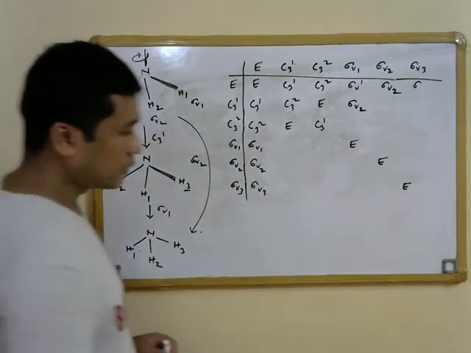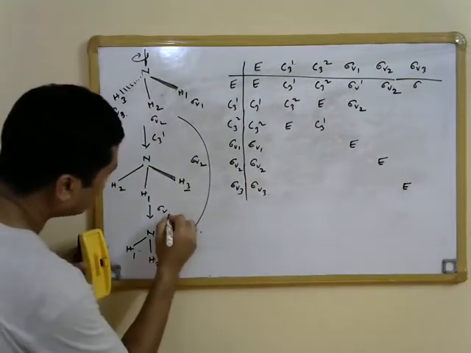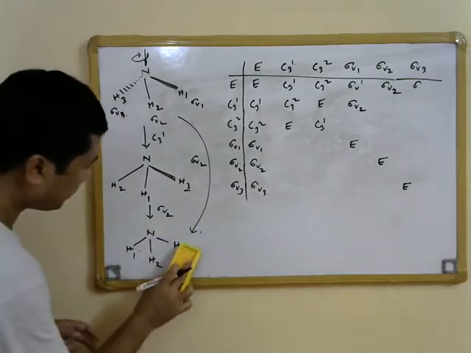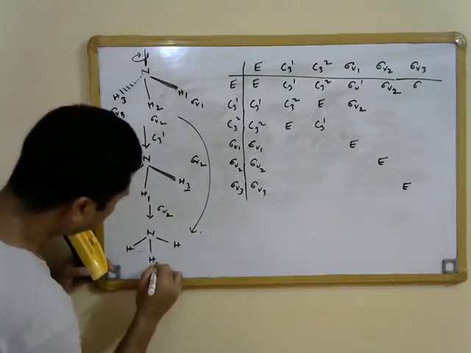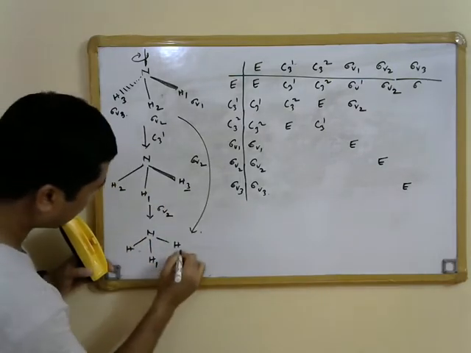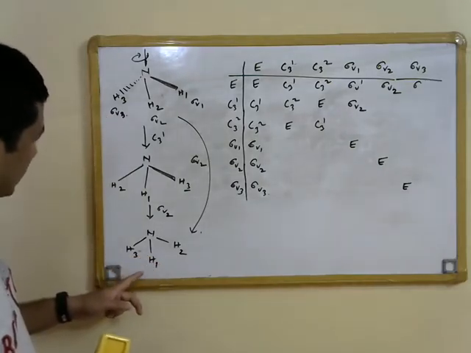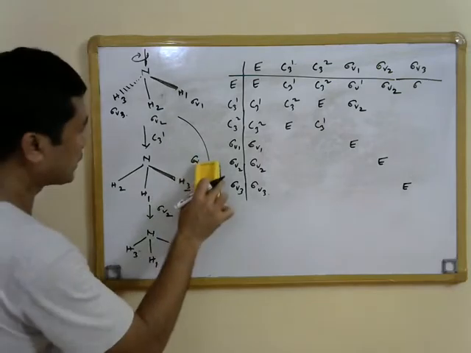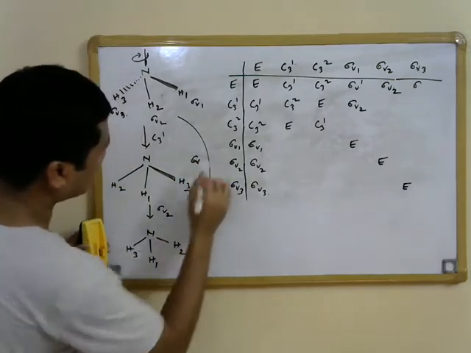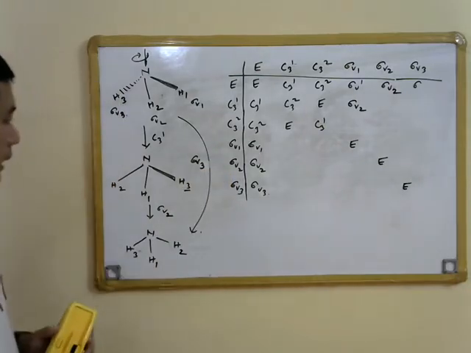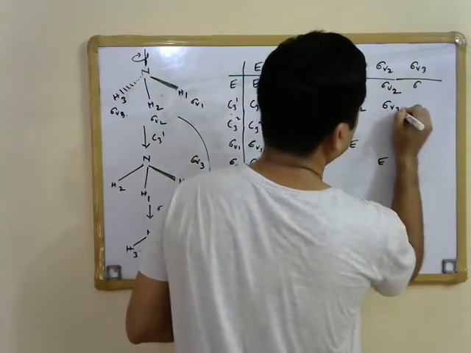So similarly, we can also find out C31 and sigma V2. So if we do sigma V2 here, then H1 is going to remain intact, H3 and H2 are going to swap positions. So this is how it is going to be, and we can get to this particular orientation or configuration if we do sigma V3 directly, that is, the product C31 sigma V2 is equal to sigma V3.